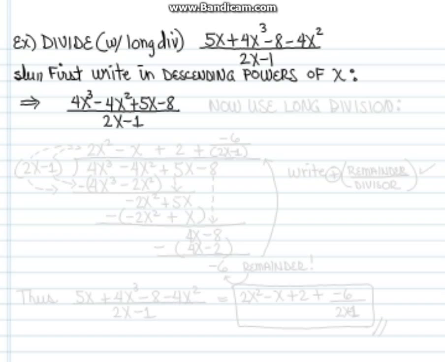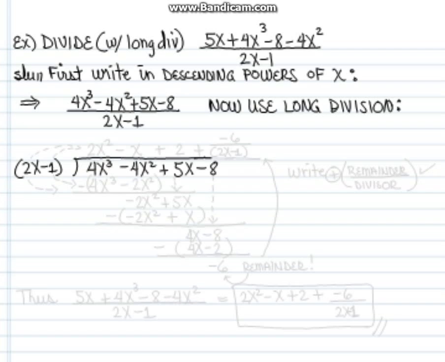Now we'll use long division. This is very much like the long division that we learned in elementary school. We make our symbolic division symbol, and we have the denominator, the bottom part, 2x minus 1 outside, and underneath we have 4x cubed minus 4x squared plus 5x minus 8. Now